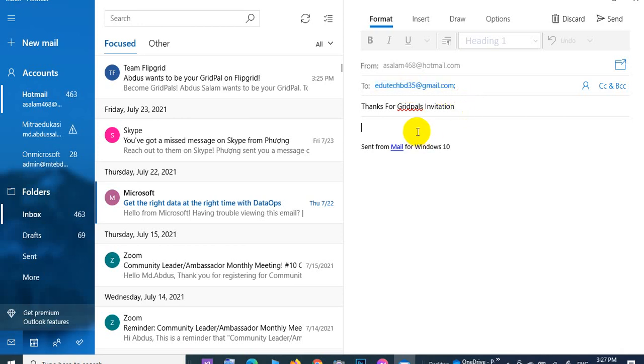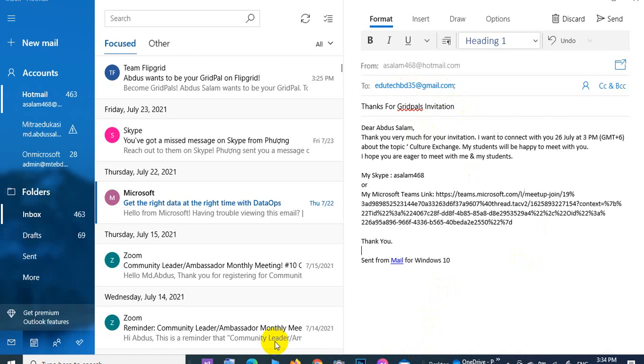You can type a message. Okay. You can send her an email about yourself and when you want to connect with him about the topics.